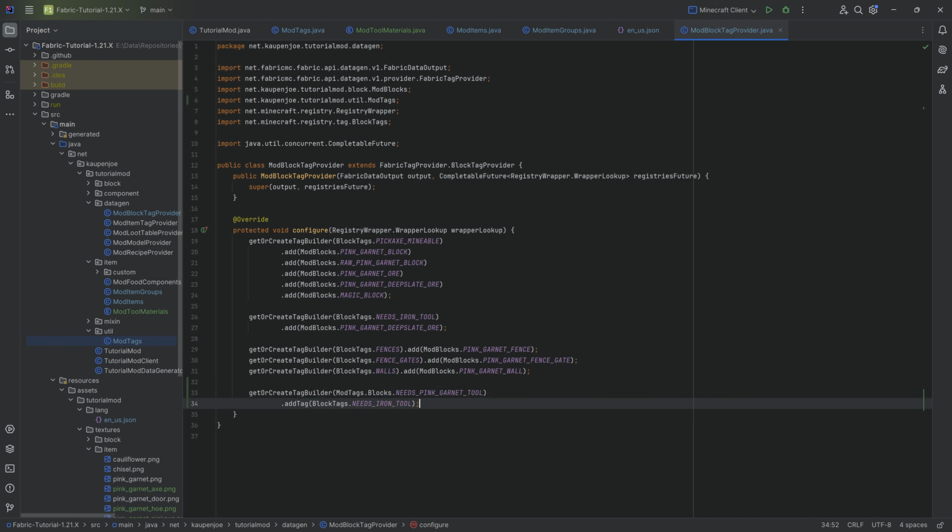This basically makes it so that now we're going to be able to mine everything with a pink garnet tool that an iron tool also can mine, because there are no more tool tiers, not really, in Minecraft, right? Since 1.21, they changed the system a little bit, and we basically can define now that, okay, everything the iron tool mines can also be mined by the pink garnet tool, but in theory, we could also add something else,